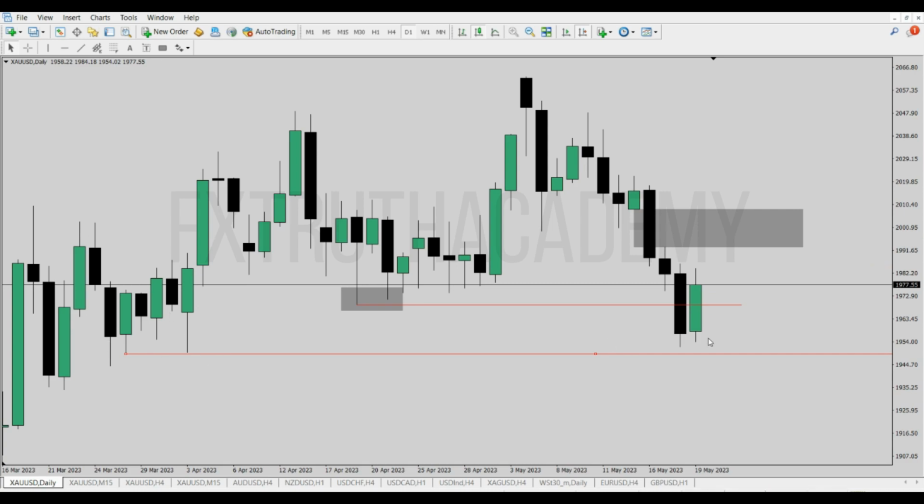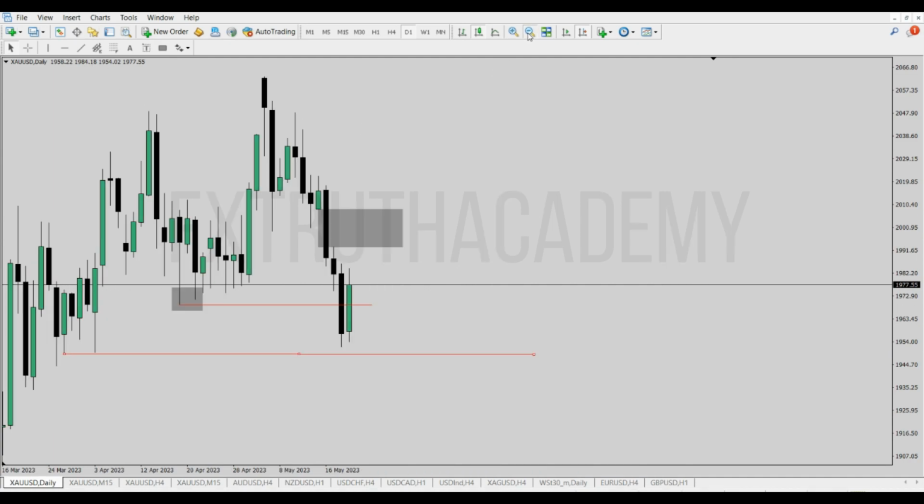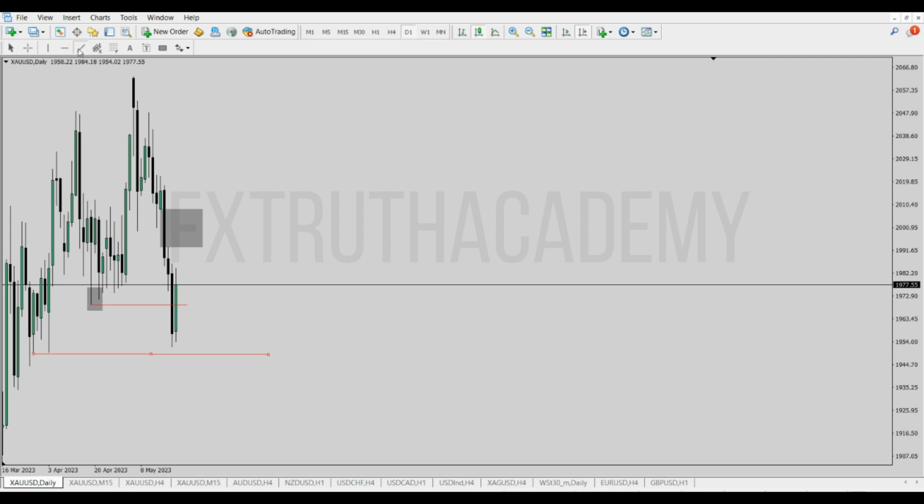So what I'm anticipating currently is a retracement right here. It's going to be a simple model. If I zoom this out, we're going to have a simple model like we had. Let me draw that. This is how the model is going to look. I want you to view this zone here as an accumulation. So we saw price break out of the accumulation right here,